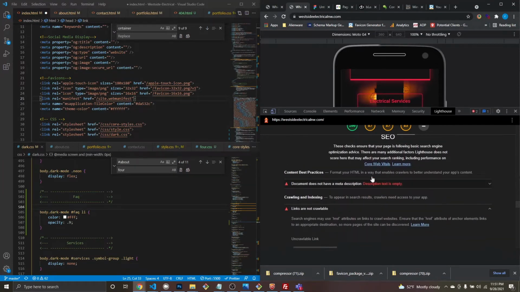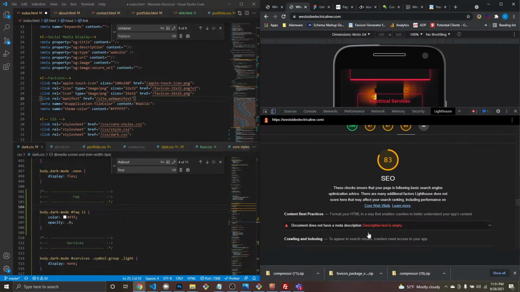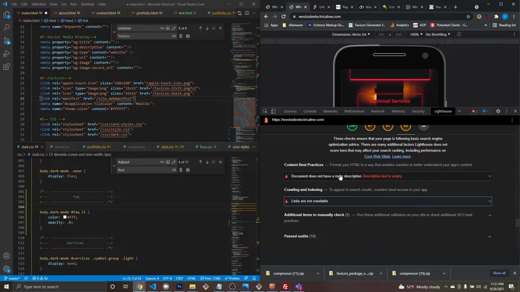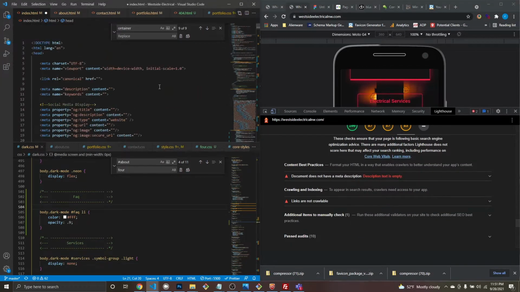And now SEO, so meta descriptions. Okay, I need my meta descriptions. So let's just kick this off here. So canonical, this is something you're going to need on just the home page of all your sites. Canonical basically is telling Google this is the website. You know, there's others like HTTP forward. So like you see this with HTTPS. There's also a version of your site without the S. There's also a version of your site without the www, which